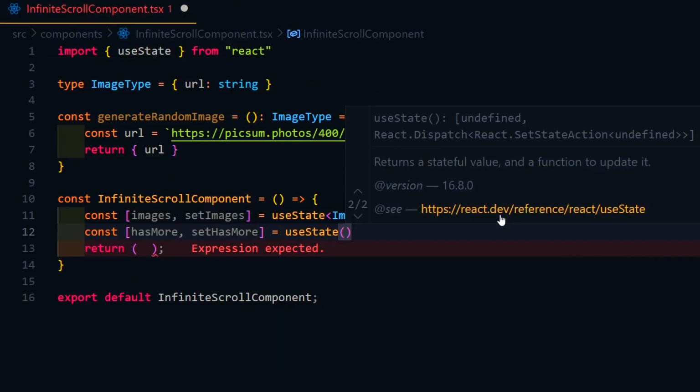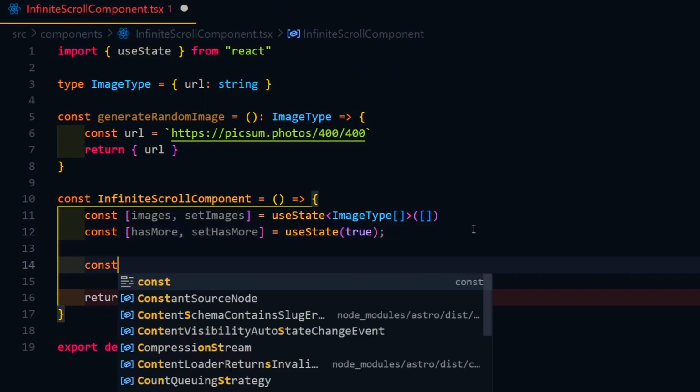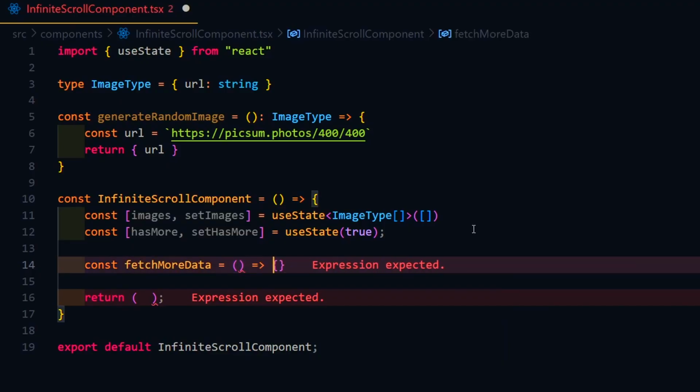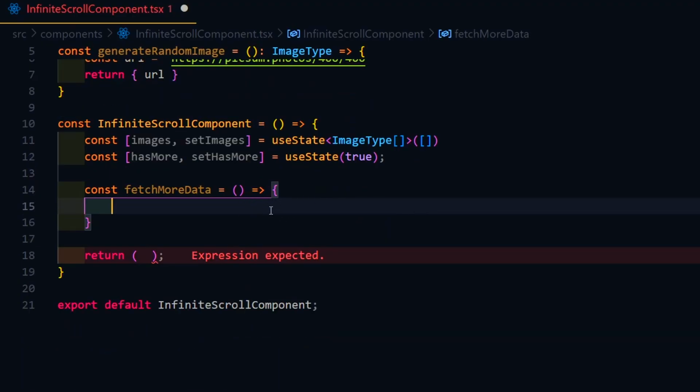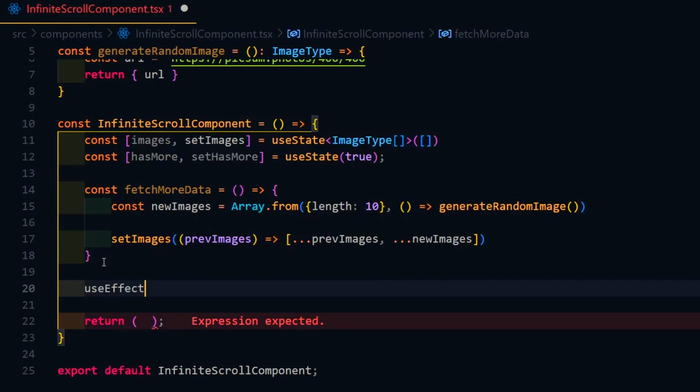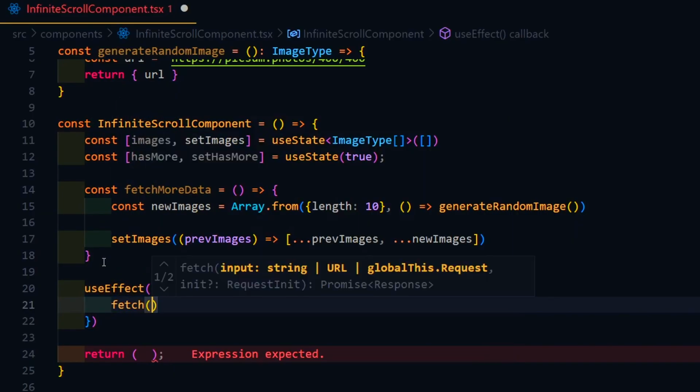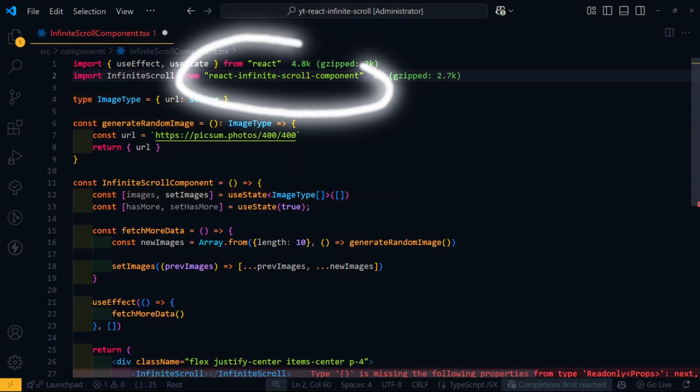Create images state with useState, and has more state to determine if there's more content. We will use it only for demo purposes. Now, we need to create a Fetch More Data function that will add new content to our images state. Then add the useEffect to launch this function at the start, and import the Infinite Scroll component from the